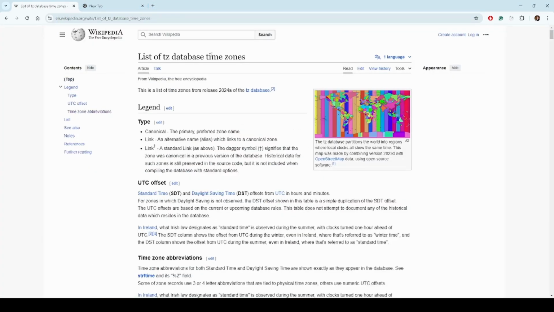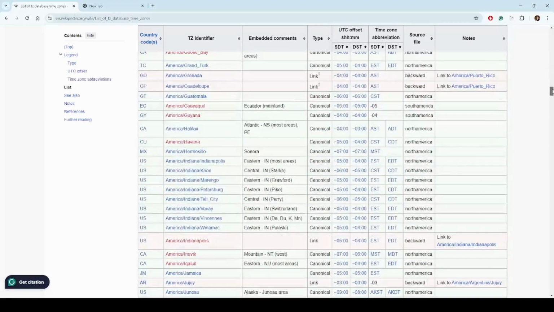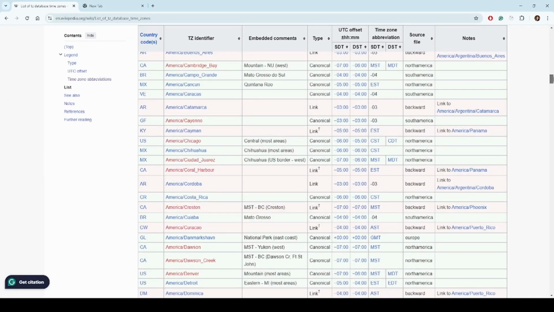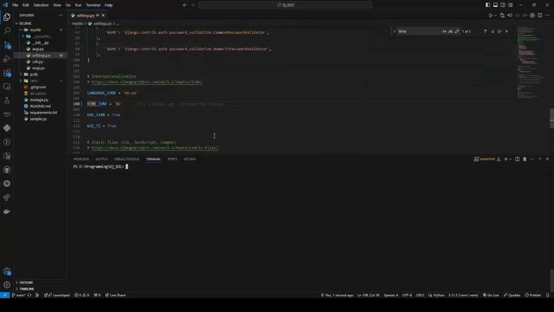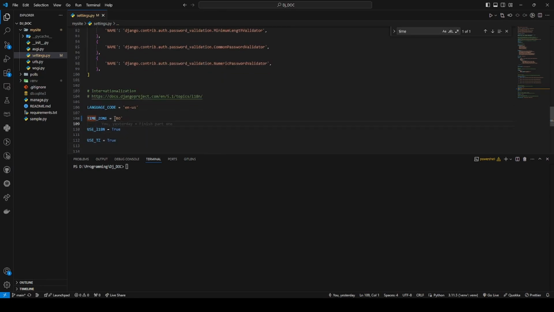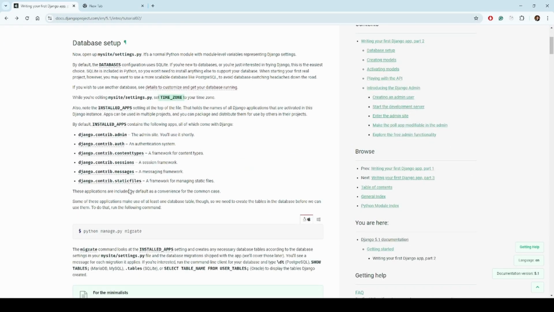There you have the list of time zones, and here you can find your proper time zone and the country code that you have to put. This time zone, you're going to put in your app where it says time zone. I put mine here, made the changes, and saved. After that, okay, it says